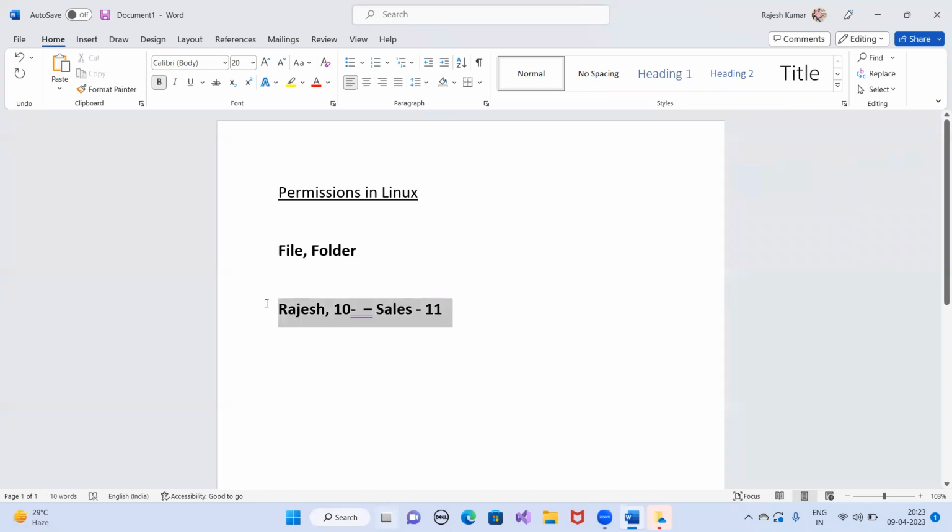Now, if I want to assign any permission to these 11 users, then instead of assigning one by one, I can assign the permission on the sales group directly. Suppose there is a file, the file name is F1, and this file is created for the sales team for read purpose. Suppose I have assigned the read permission on this file, file number 1, on the sales group. That sales group will have the read permission for the F1 file.